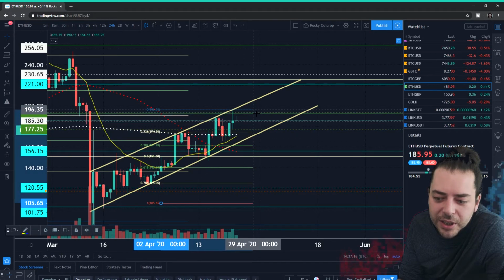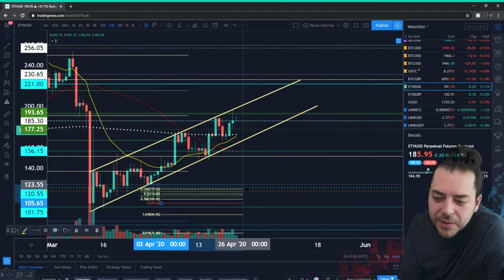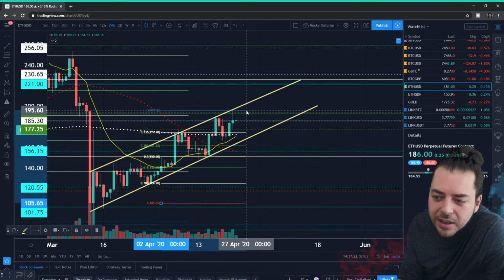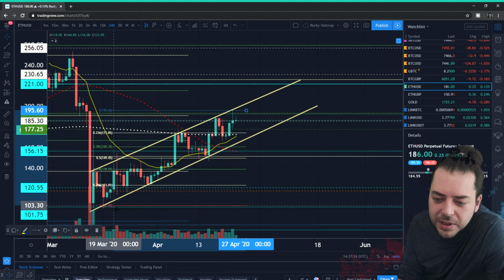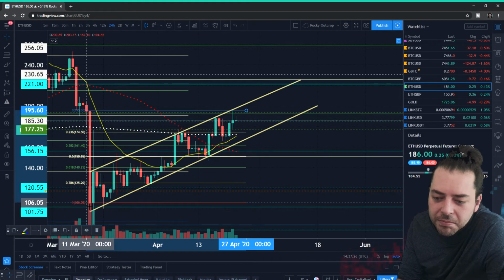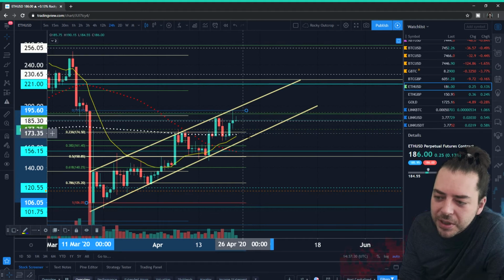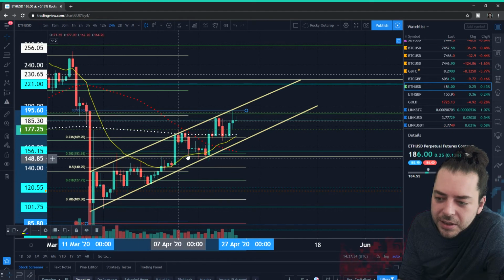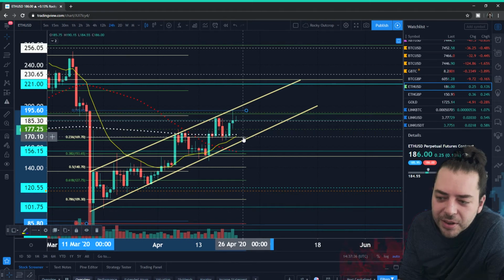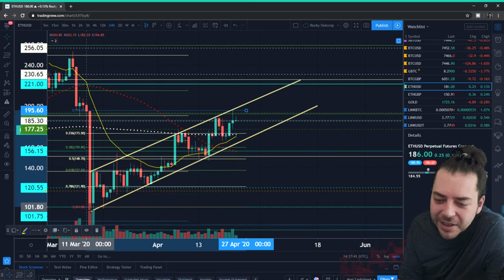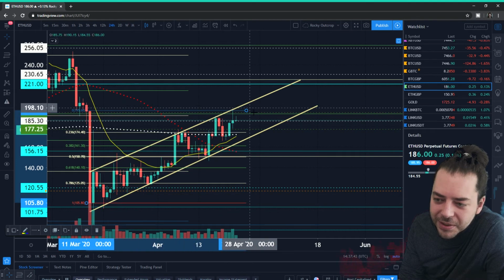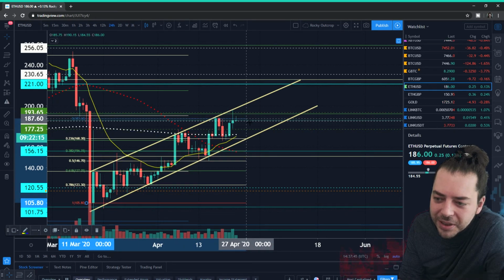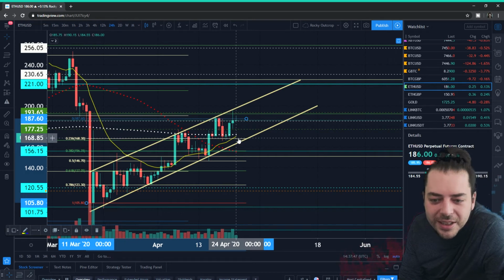Let's just draw this in wick to wick again. Where does this start? I don't know. We'll start it from the bottom there up to the tops here. Well, that's not wick to wick. This would be wick to wick. Just a second, sorry. Well, you have 236 coming in there at 170, where they've got these two moving averages, and if you were paying attention as I was fiddling around with this, you go body to body on that, and it's more or less the same sort of deal,